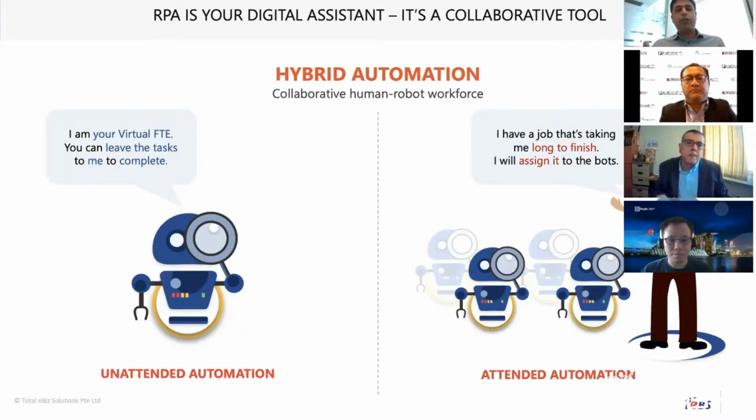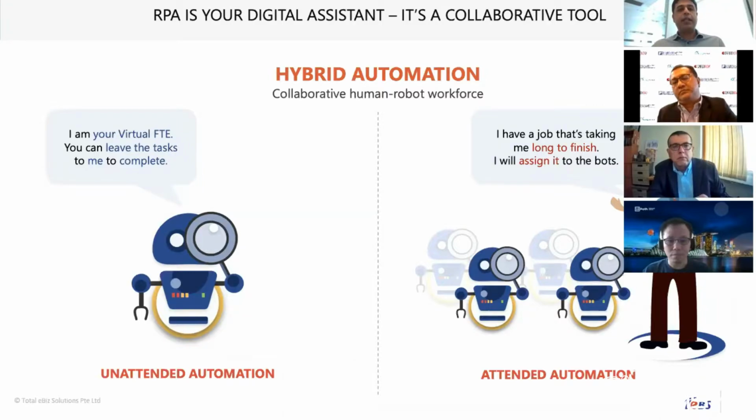But as we also know, in the realistic scenario, we have people who have a lot of tasks which require human intervention. We have another flavor, which is attended automation, where you can direct and manage the robots, telling them, okay, do this, and then move on to the next task. You can lay out an entire roster for them for the full day, for the full week, for the full year as well.